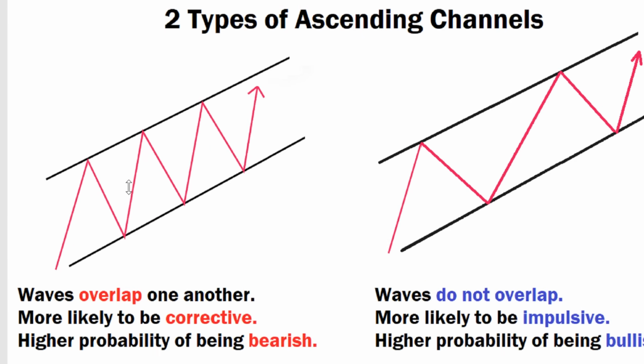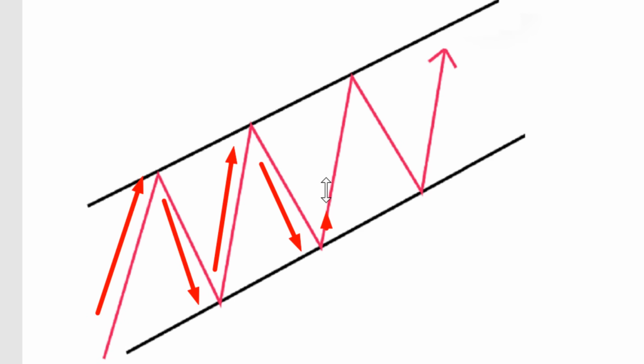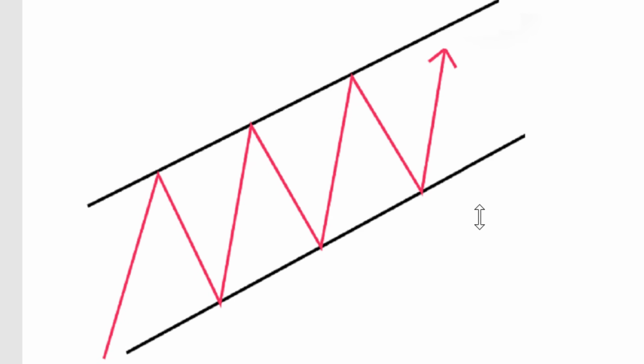You're right. You see, guys, this pattern over here has a lot of overlap. As you can see here, these waves all overlap, up and down, up and down. But more importantly, the overlap that I'm talking about is the corrective downward projections here, okay? These corrective moves all overlap with one another, okay? They're all in the same territory as one another.